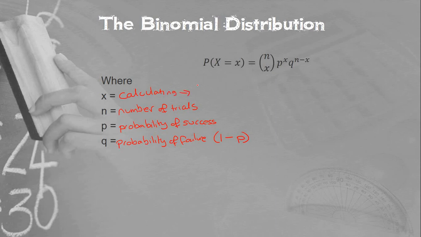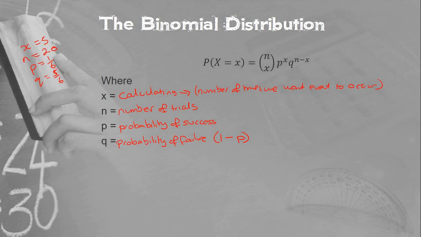So this here is the number of times we want the event to occur. So for my previous example, we would have had X would be 5, we wanted to get 5 6s. We would have had N was 20, we were doing 20 trials, and we would have had P is 1 over 6, and we would have had Q is 5 over 6,